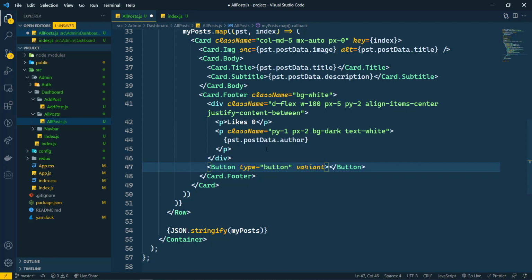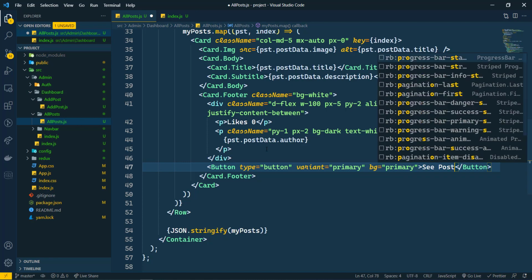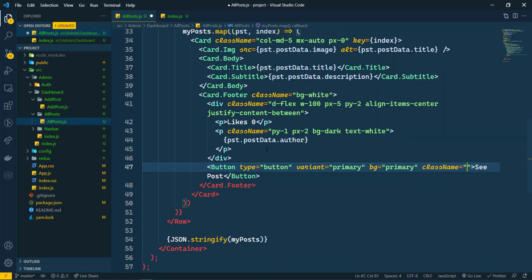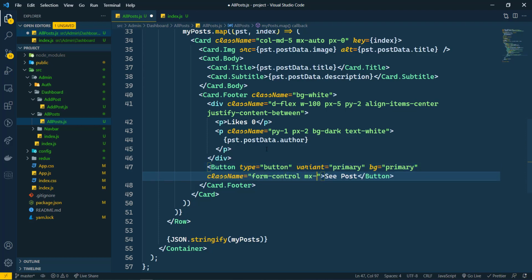So variant will be primary, and background will be primary. And here I'm going to write Create Post, and its class name will be form-control, but margin x will be 5 here.